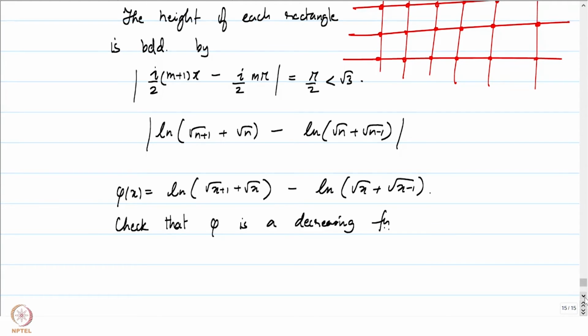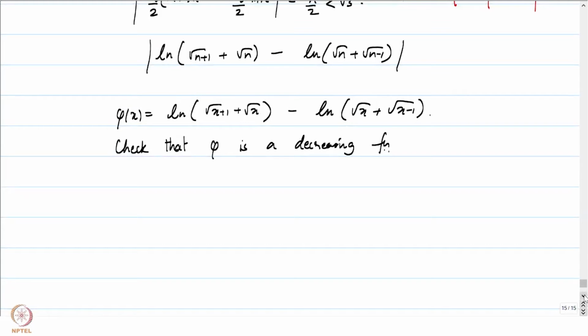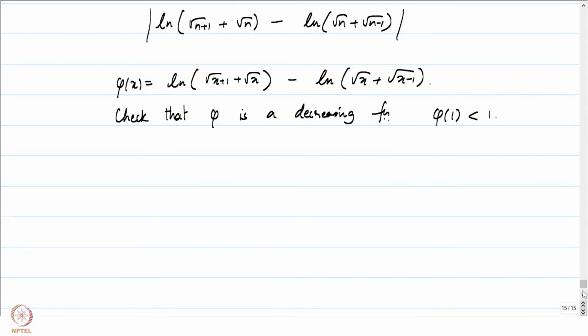Some real analysis checks are to be done, which I will leave to you. Check that phi is a decreasing function and phi of 1 is less than 1. Phi of 1 is just equal to log of root 2 plus 1, which is less than log of e, which is 1. So this is certainly less than 1, and because it's a decreasing function, we have the absolute value of log of